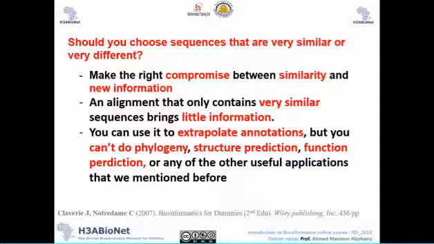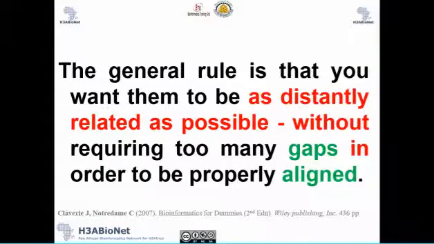We also choose sequences that are not very similar and not very different. So we try to compromise between similarity and new information. We try to compromise to get new information, and then we can extrapolate annotation. We always have to keep all these points in mind and try to find sequences as distantly